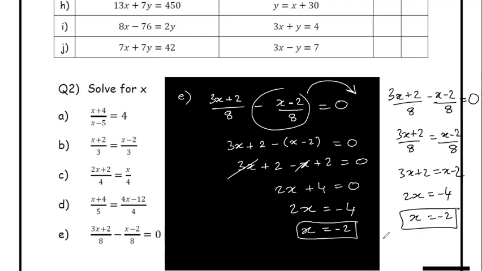Whatever you prefer. I think this method is better because it will save you from this red portion, the bracket part, which you might just forget that you got to bracket it, meaning you might end up just writing minus x minus 2, and that would change the entire value of x. So it's up to you. Anyway,